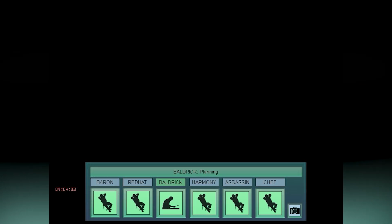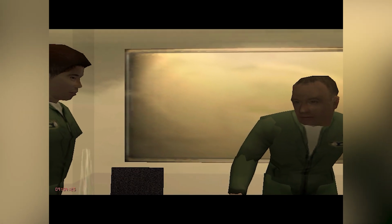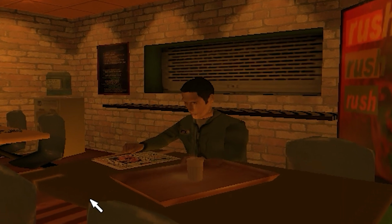The main one being that you have control of 6 individual pilots as opposed to sticking with just one throughout the campaign. This was a cool way of making everything seem like it was running in real time, and while some of your pilots may have been chilling out in the mess and listening to some absolute bangers on the radio,